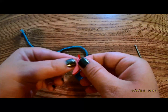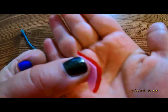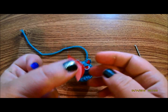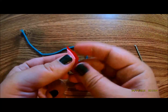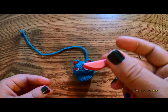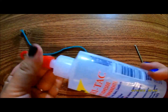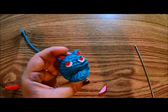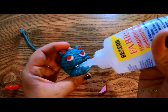Before we glue them together, make sure that it creates a nice thin red line, because in all the pictures I looked at, he's got this red mouth and this pink tongue, so we want it to have a little space. So we're going to glue the red on first, and I just put the glue pretty much right in the center of his mouth,